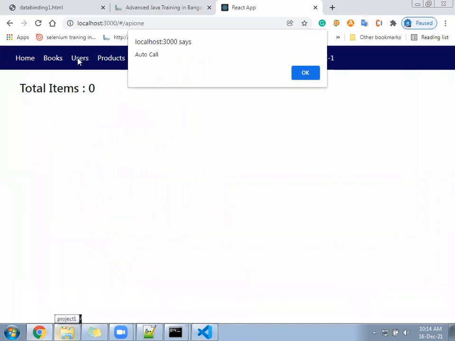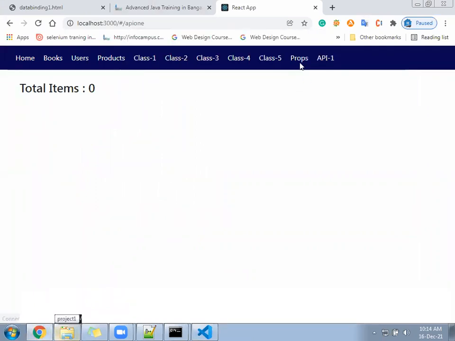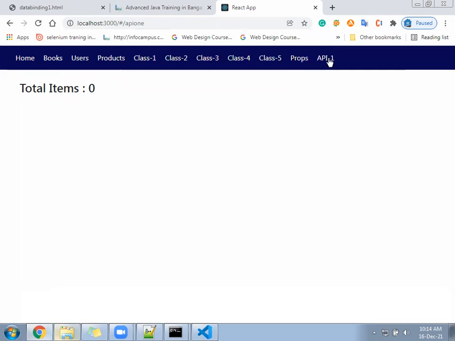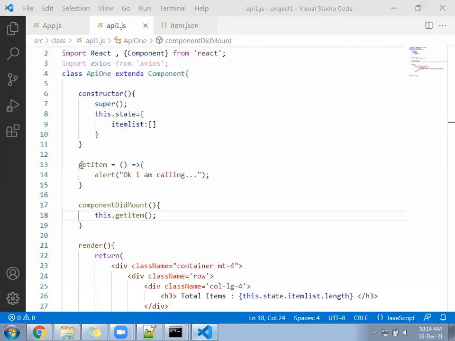Once your page loads, the auto call will happen. Here, the alert is coming from the getItem function. Where do you call the getItem function? Under componentDidMount. componentDidMount will execute automatically, and along with that, our function will also get called automatically.